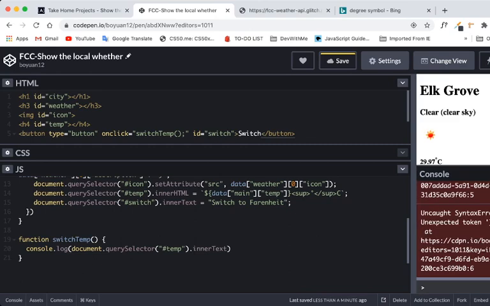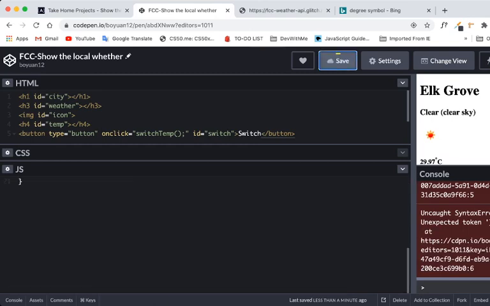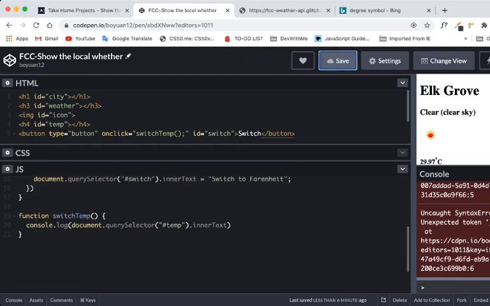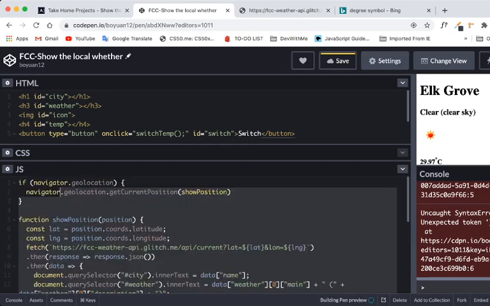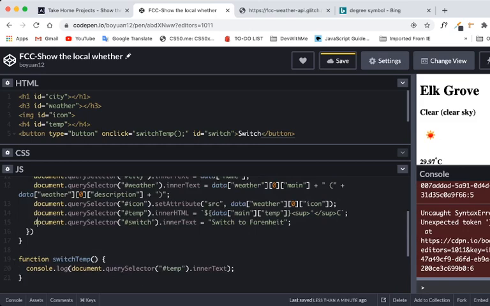Wait. What do you mean? Oh my god, why there's... Oh my god, you know what? I hate CodePen so much. Next time I'm not gonna use it. What do you mean by there's error? Oh, there we go. Okay, so